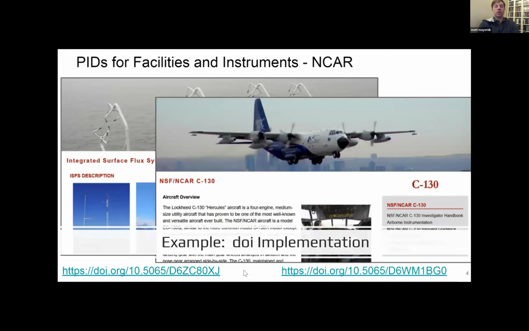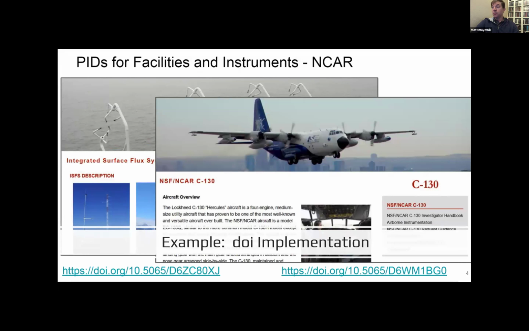For us, we haven't tried to really define in a very strict way what facilities or instruments mean. We've certainly found that different groups have different understandings of those across the different disciplines and organizations. Just a couple of examples that I'll show here that motivated our project and that are involved in my organization.